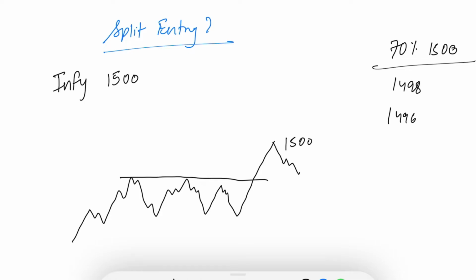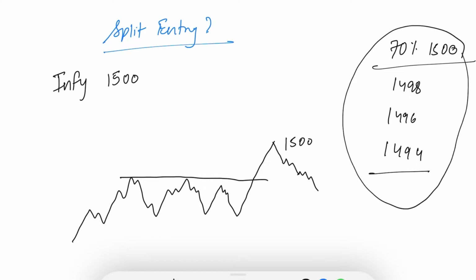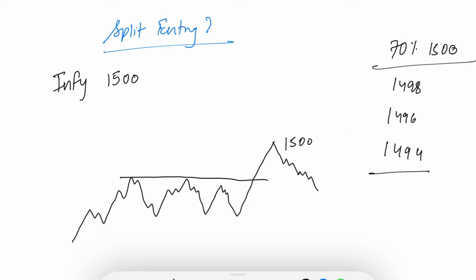And now the stock is going further down to 1494. And now what do you do? You punch more orders at 1494 in anticipation that you will get a better average price combining all of these. And when the market moves up, you will be at higher profits because you will have accumulated a lot of quantities and a good average price as well. But this all